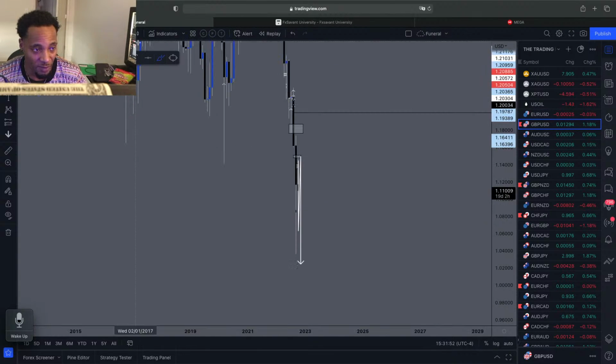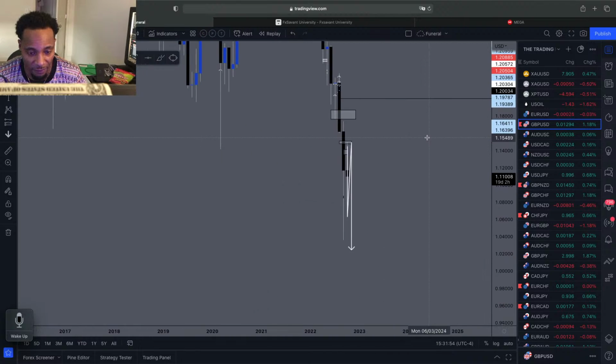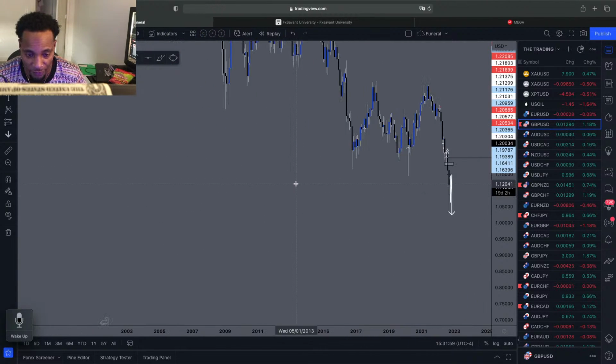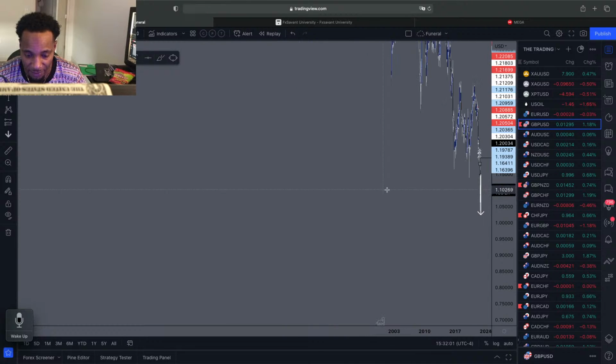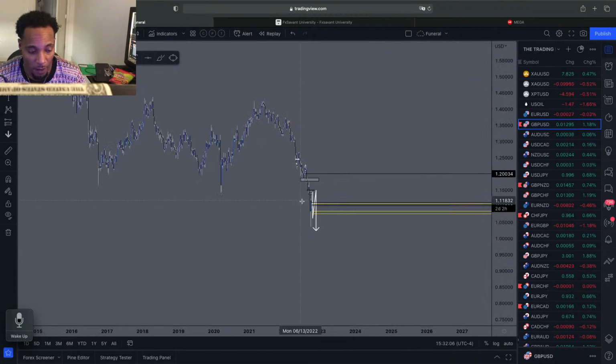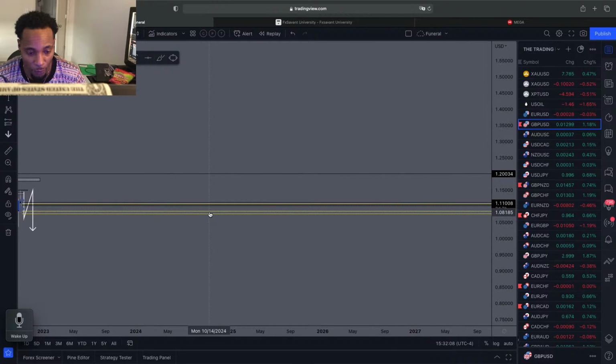Now, if we drop to GBP/USD on the monthly time frame, you can see that we're pushing to the downside quite aggressively. We're in territories we've never seen before, even since the inception of the chart. So if we drop down to the weekly time frame, what can we identify is that on the weekly,